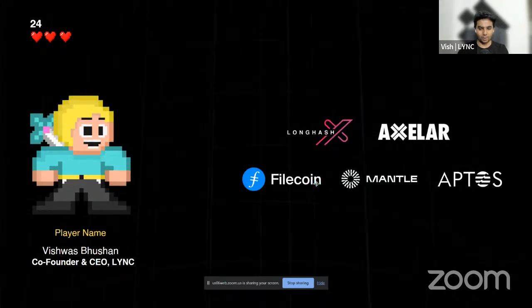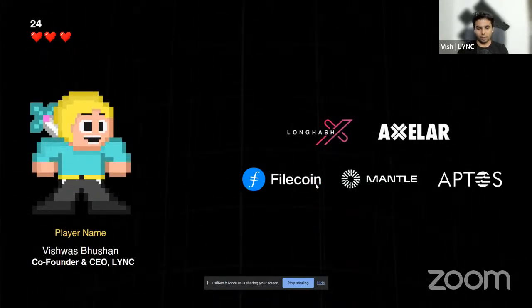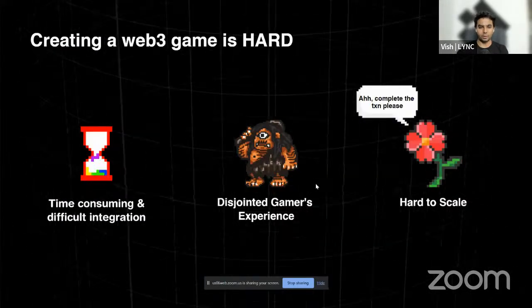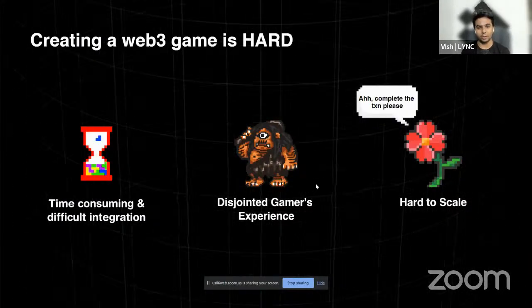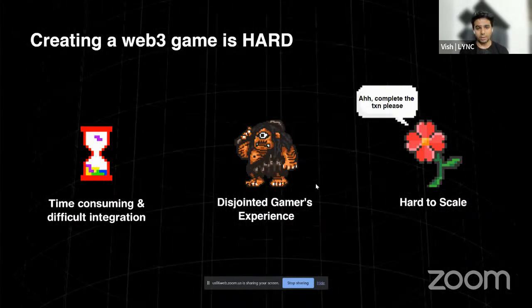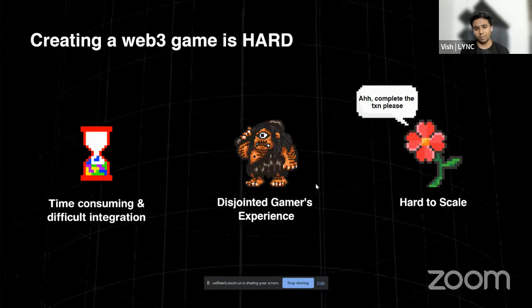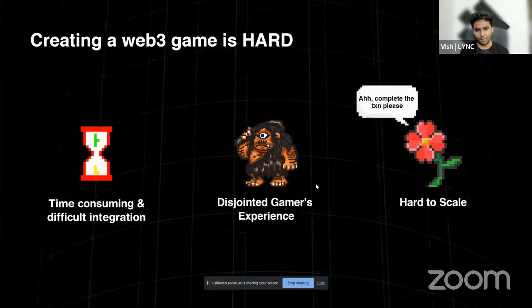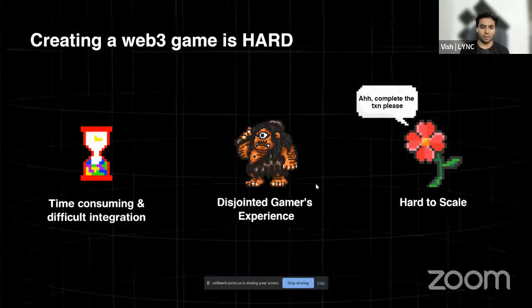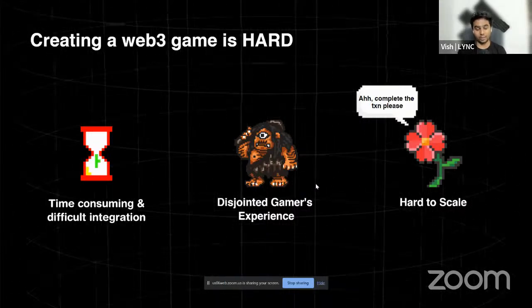and Aptos Foundation. If I tell you about what we are actually building, we are solving a major issue in the Web3 gaming ecosystem, because right now creating a Web3 game is very, very hard. And there are three major challenges. Number one is that it is time consuming, and the integration is difficult.